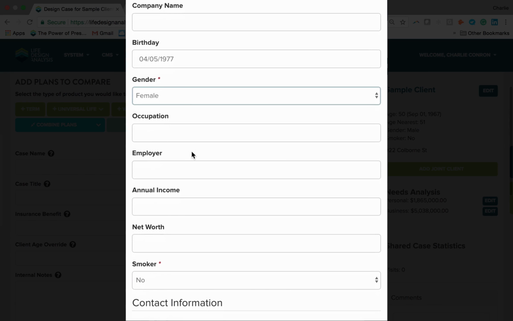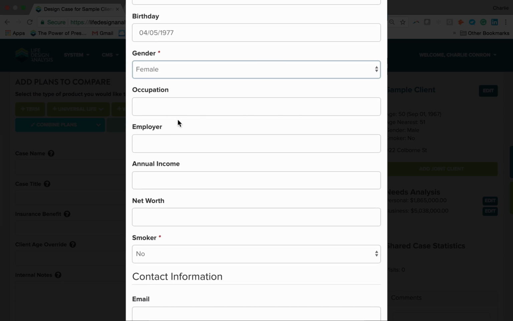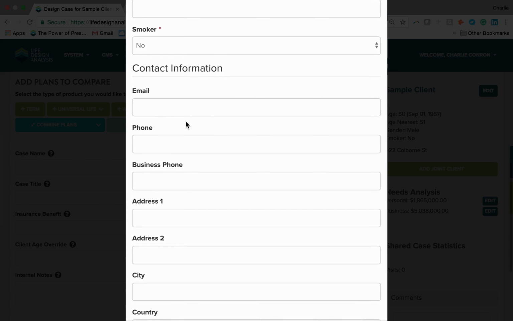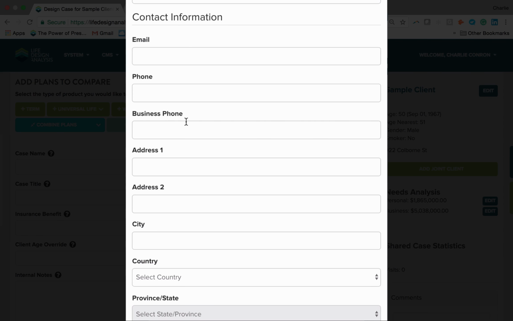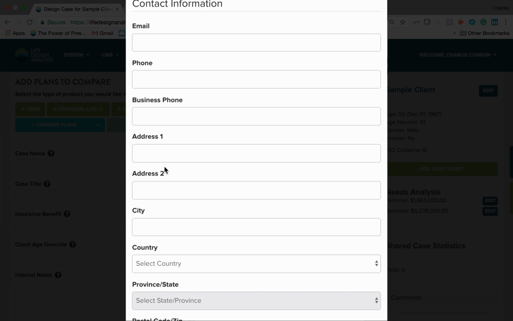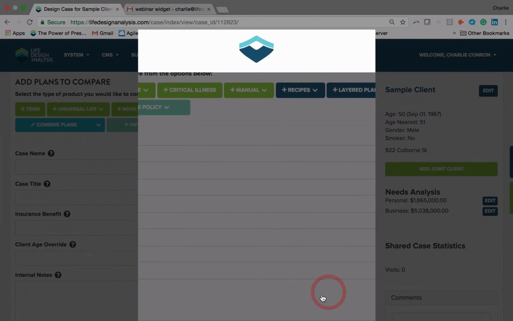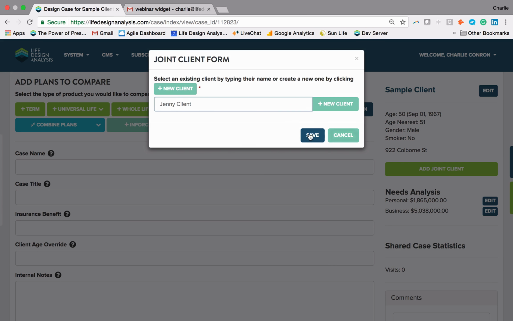Again, you can enter all of the additional occupation, employer, and annual income. It's not required. That's more for the CRM component, or that client management component. Again, if you think about using our system as web-based access, you'll have information on your clients accessible wherever you go. So the more information you enter here, like phone numbers, the easier it is to look up your clients and actually connect with them if you are on the road. For the sake of brevity and the sake of this demo, I'm just going to enter this client, and you can see again, just like